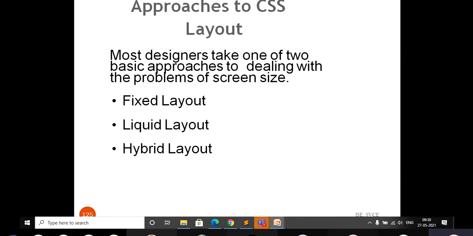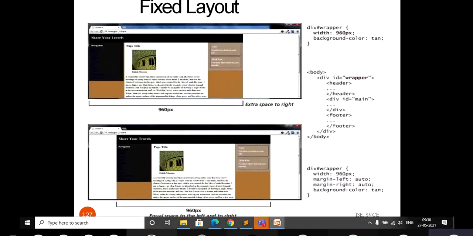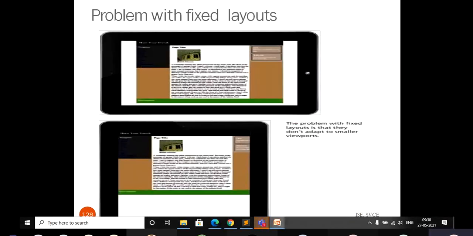The content is going to be fixed whatever the window size, because normally we use different window sizes. You may view the content on different devices, a mobile phone, a tab, or a laptop. So the window size varies according to the screen size.